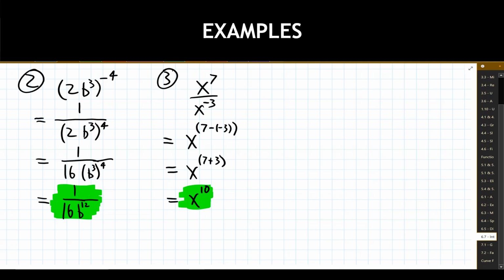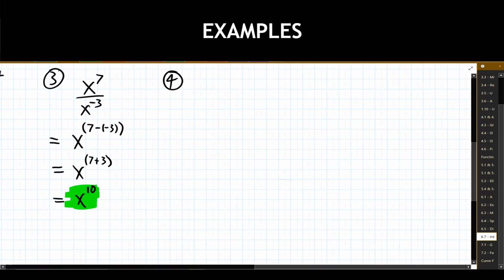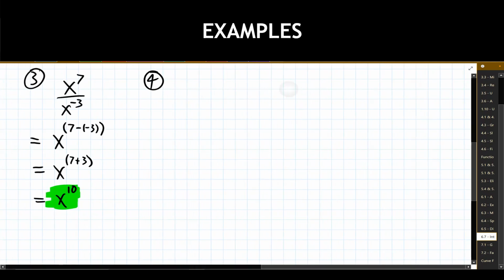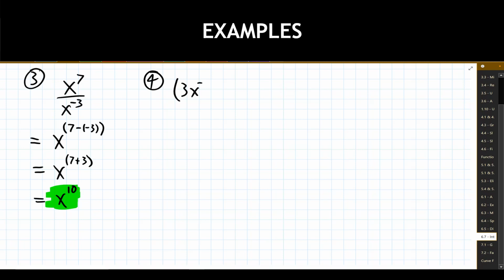Again, with a lot of these, there are several routes you could take to get to the final answer. You need to make a call on which method you would like to use and deal with it accordingly. If we're unsure about using those properties, my recommendation is to review them, have them sitting next to you as you're going through these problems, and then apply them one at a time.